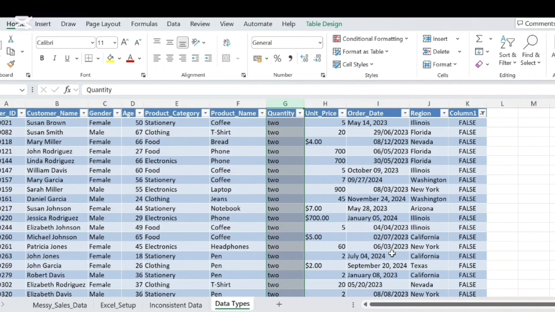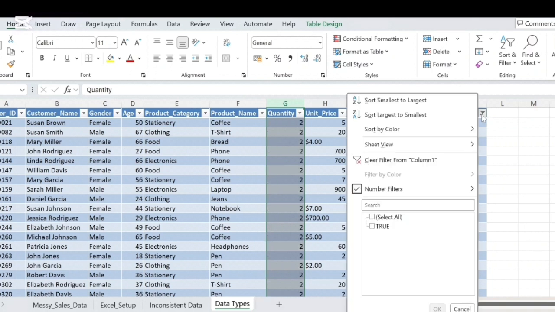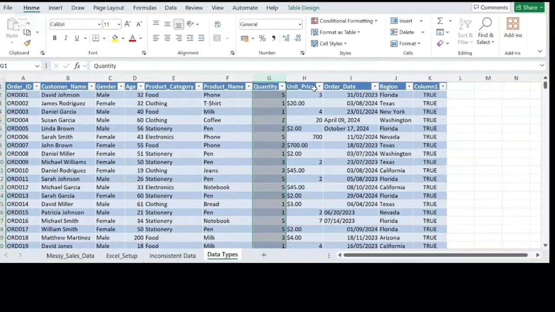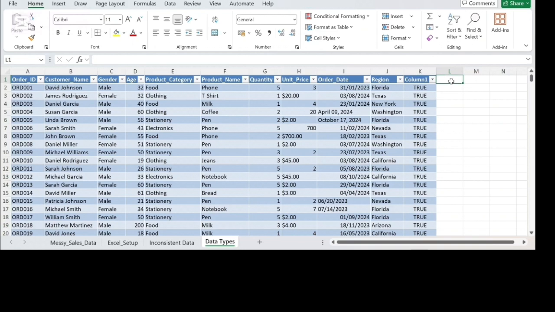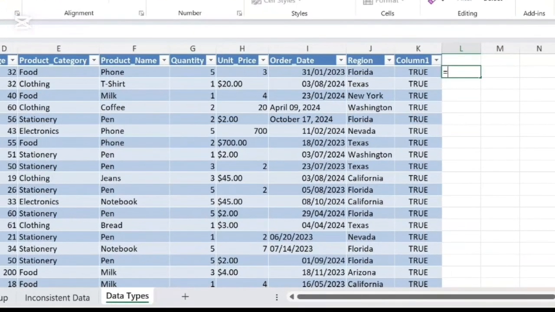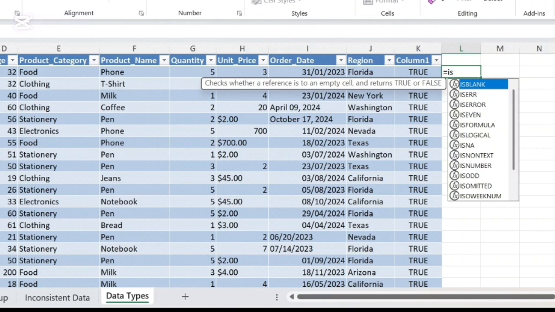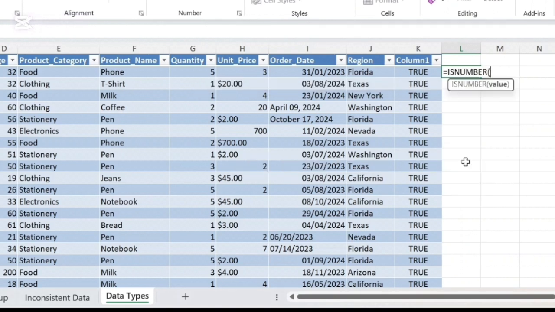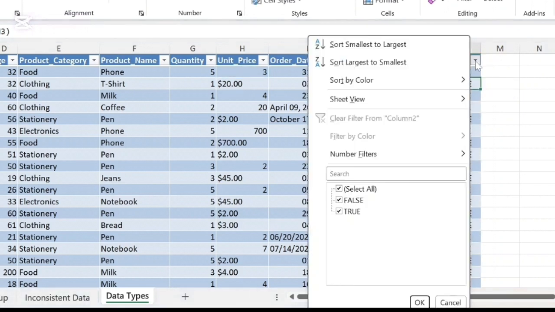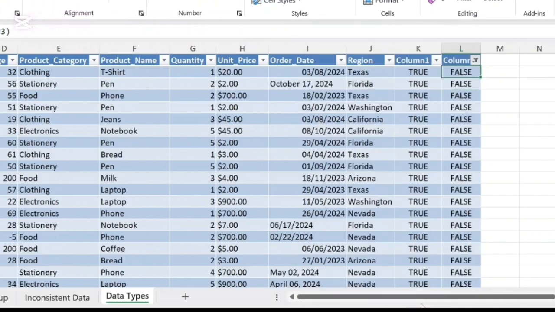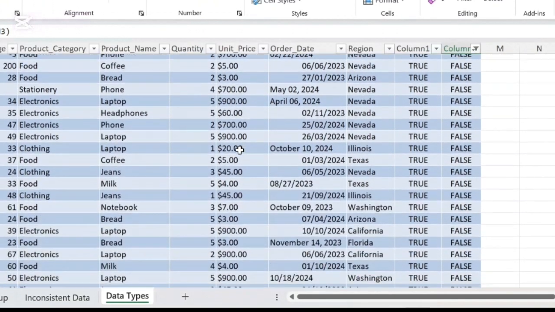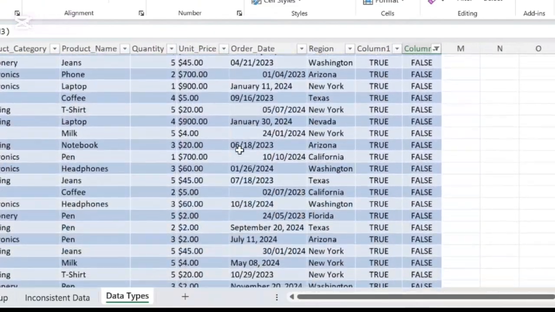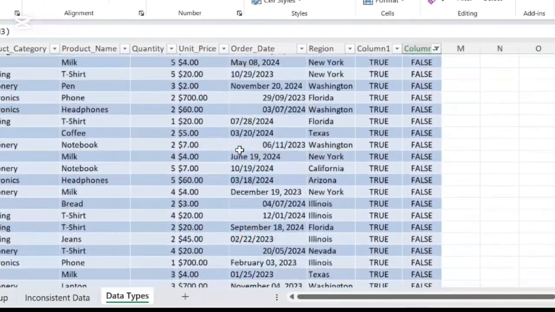The next column is unit price, and we can write another formula here, which is equals ISNUMBER, and unit price is H2. And we are going to do the same thing. Click the filter drop down, uncheck everything and just select false. And we can see the reason why the values there have been stored as text is because